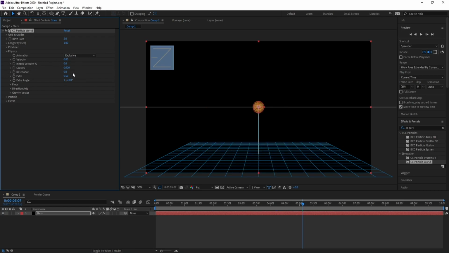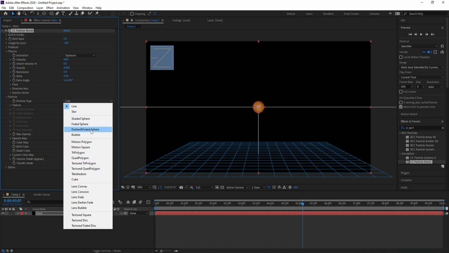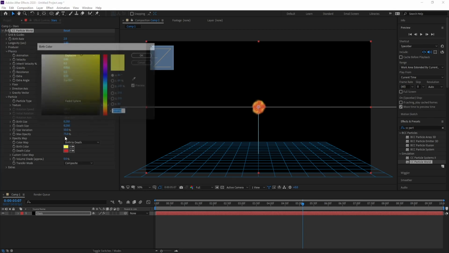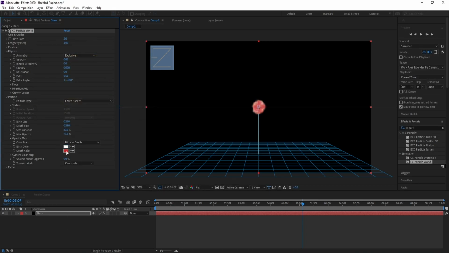like this. Go to particle and I'll change line to faded sphere and change this color to white. Also I'll go to size, make it 100 and max opacity also 100, and let me go to produce here